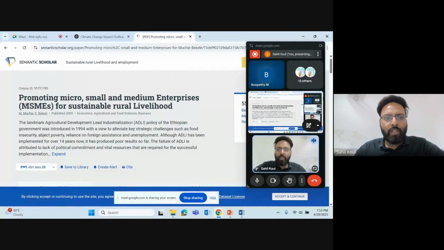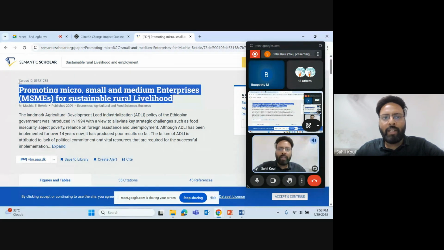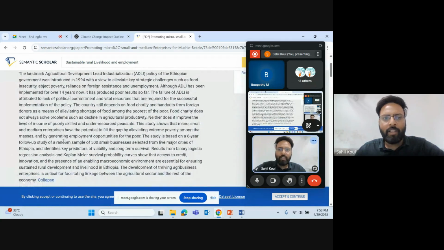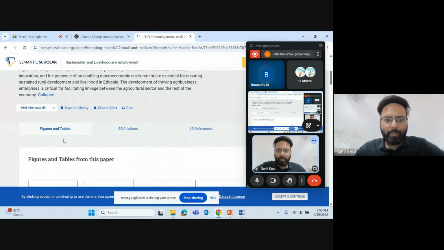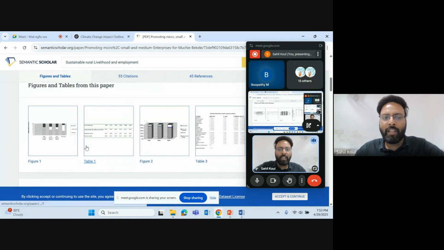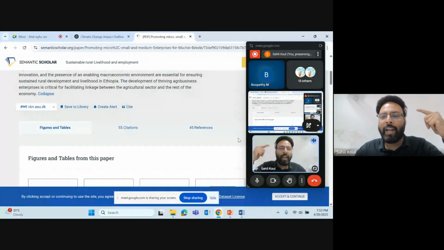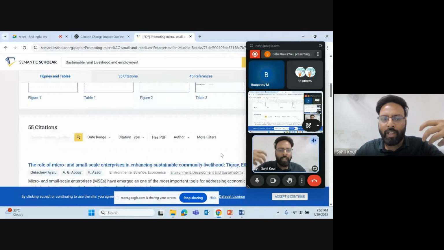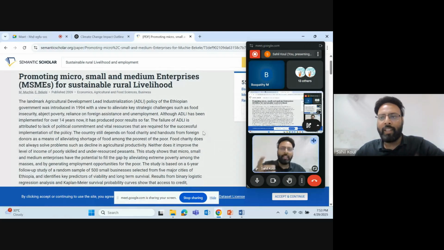All right. So you see, this is the corpus ID that the paper has. All right. So we will expand this. This is the abstract of the paper. And these, if you go down, are the figures and tables used in the paper. So this is what this tool helps me with to get a quick idea of things. If you just go through these, you can understand very quickly where this paper comes from and what this paper talks about in the sections.